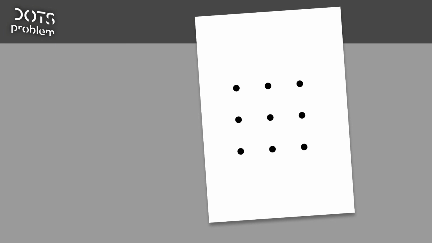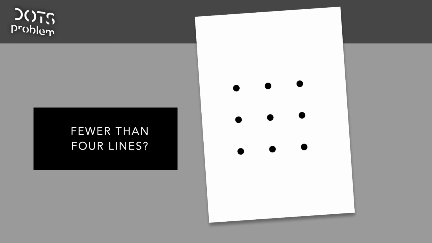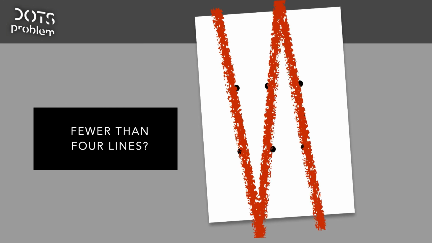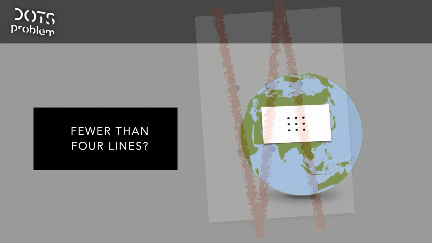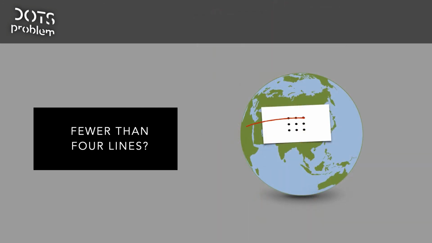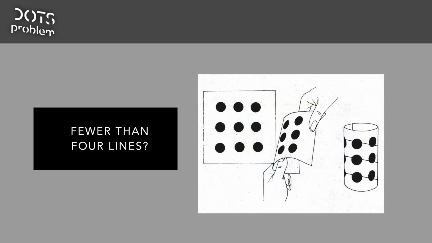Maybe you've done that, or you didn't. Maybe you even tried to do it in fewer than 4 lines, because 4 lines was the maximum. You could do it in 3 lines, which you could have done like this, for example, if I have a pencil with a broader stroke. In theory, you could have done it like this if you had the time. Or maybe just turn the paper around and do it like this.